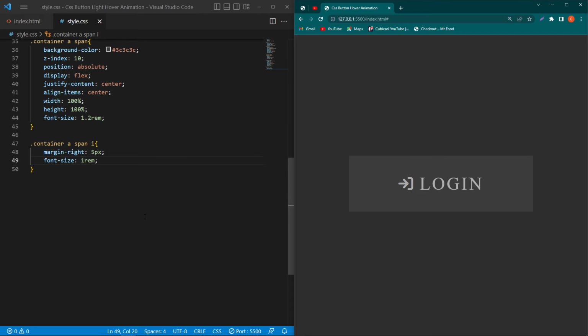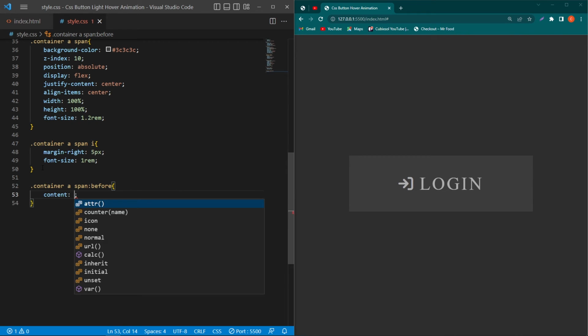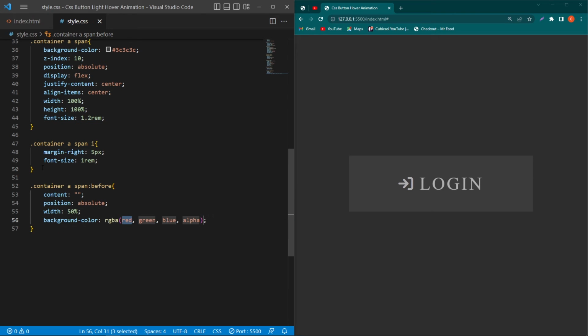So next, first of all we have to design the background animation of our button. To do that, I will copy this class until span element and paste here, and here I will type before, content empty, position absolute, width 50%, background color, this color code. We have to set the height 100% and width. So I have set width already. So you can see that this is basically our before